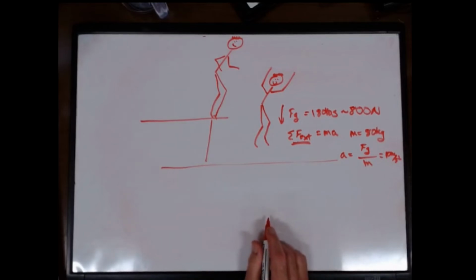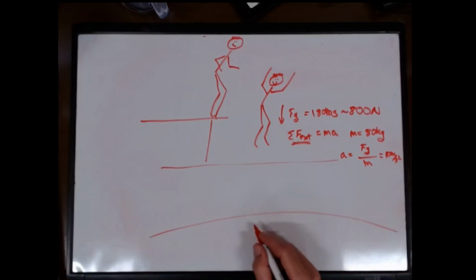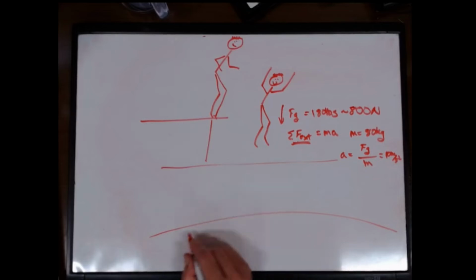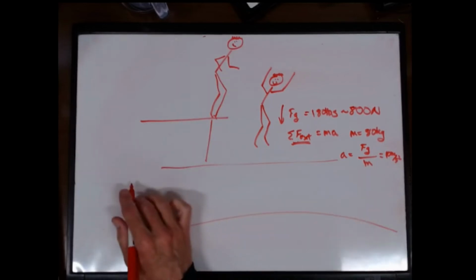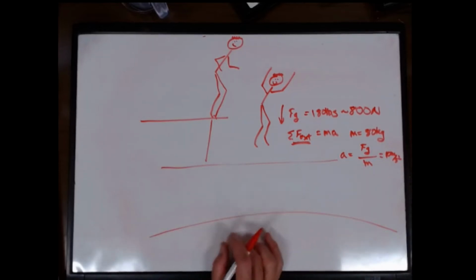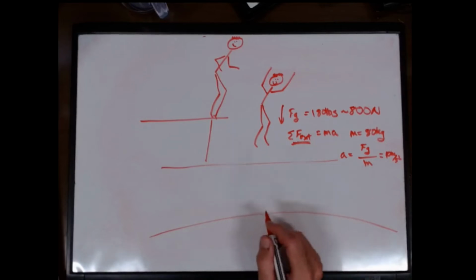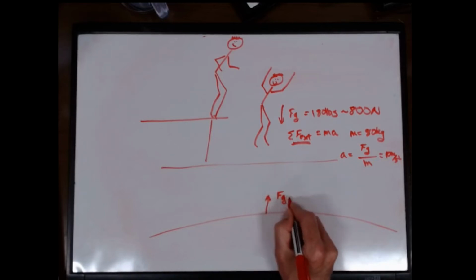We can ask, well, what happens to the Earth, right? Well, remember, the Earth experiences the same external force. Here's the curved Earth below me, which is kind of silly, but let's pretend. I don't mean that it's silly to pretend the Earth is curved. It's just that on this scale, the size of the room, the Earth would look flat because we're looking at a teeny tiny portion of it. I don't want to get into that discussion. So what we have here is the Earth, and it's getting pulled upward by the same force of gravity,